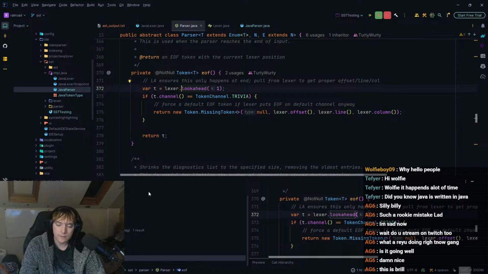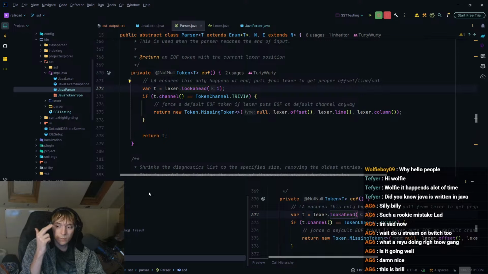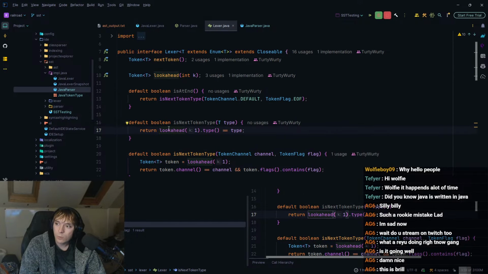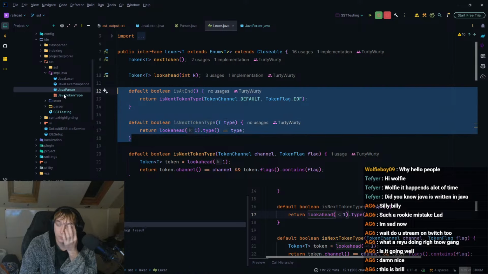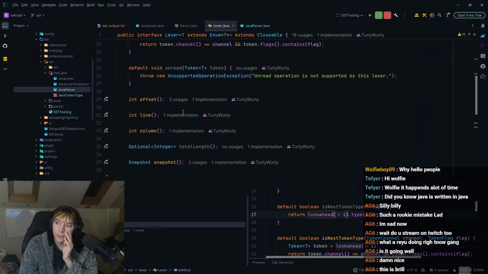Wait, this doesn't make any sense. I'm so confused. Have I written this all entirely wrong? How has this even worked so far? Or have I just completely lost the plot? Because why are these methods not being used? Is next token type? This should be... Like, I don't understand.